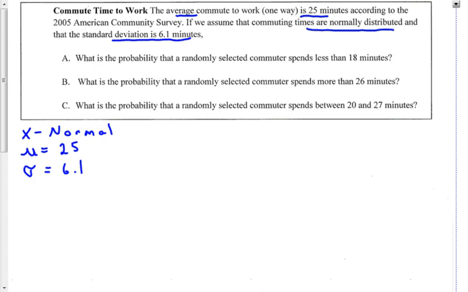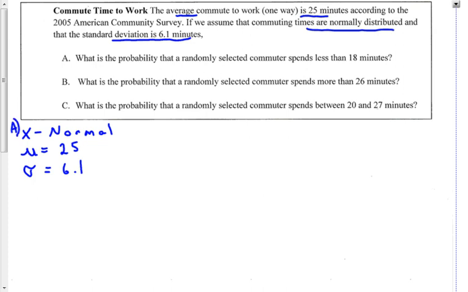And we've got three different scenarios here. What's the probability that it's less than in part A, a probability of more than in part B, and a between in part C. We're going to divvy these up into three different videos. So first of all, for part A,